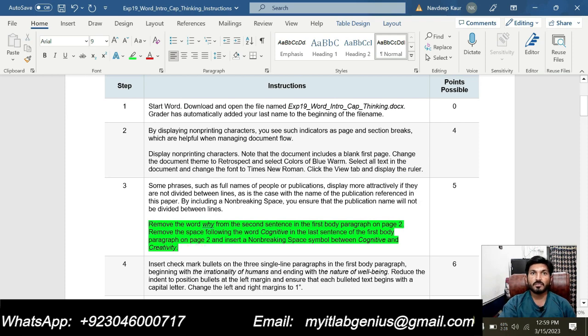Remove the space following the word "cognitive" in the last sentence of the first body paragraph on page 2 and insert a non-breaking space symbol between "cognitive" and "creative." So let's do this step now. We will go to our document again.